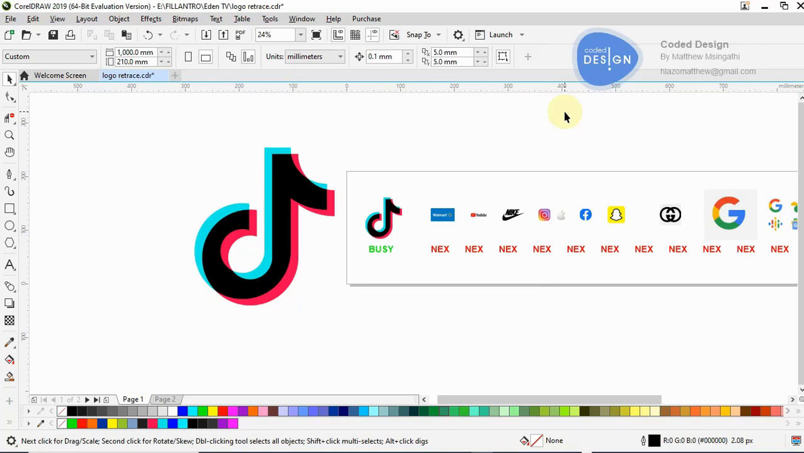In this video, we are going to be redesigning or retracing a TikTok logo. Why retracing a TikTok logo? In this video, I'm hoping to teach you how to use a pen tool. This is a pen tool. What is it used for? It's used for drawing